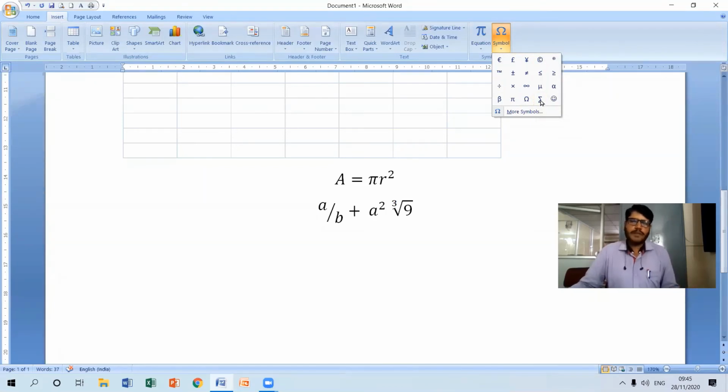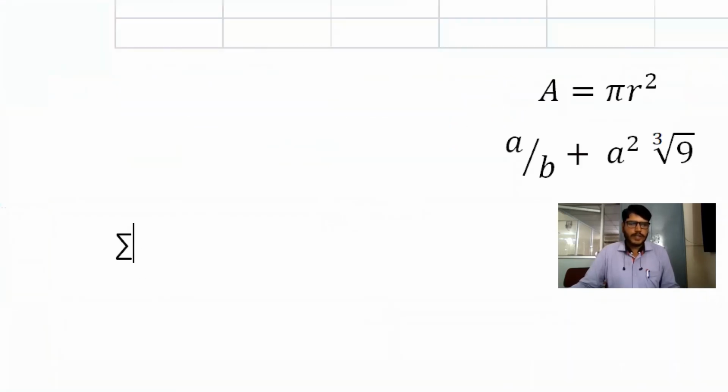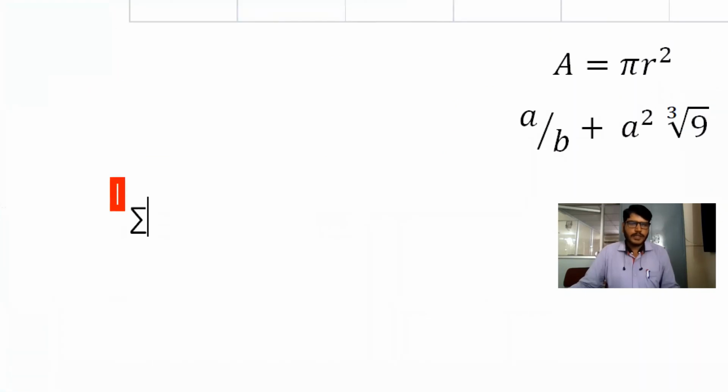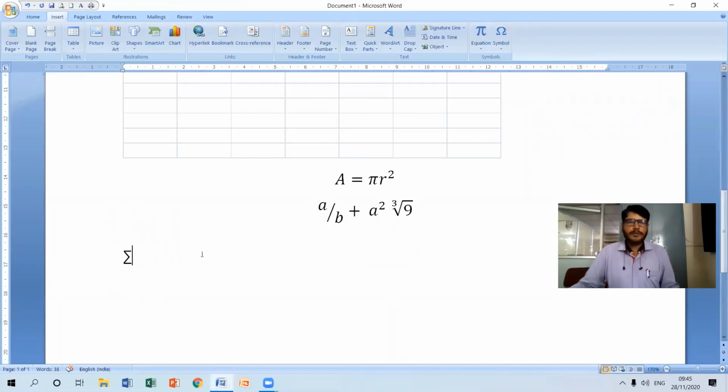Of course, we have a summation symbol here. We can utilize this so that it will include that particular symbol. As you can see, it has included the summation symbol. Apart from this, say for example, I want to include pi. We can include pi here, as you can see.